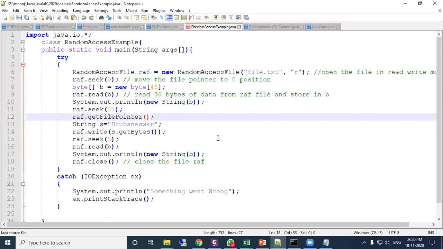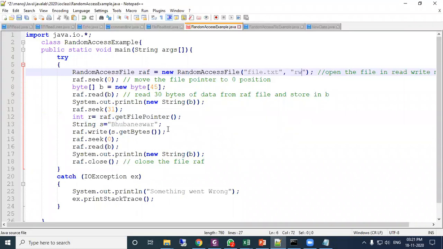Here suppose int r equal to getFilePointer. Now I modify the mode to rw. Now I write here.